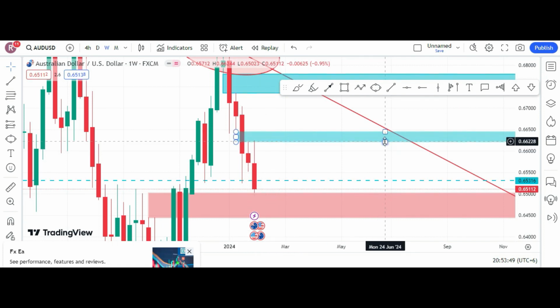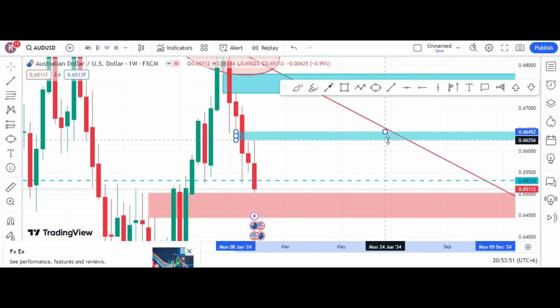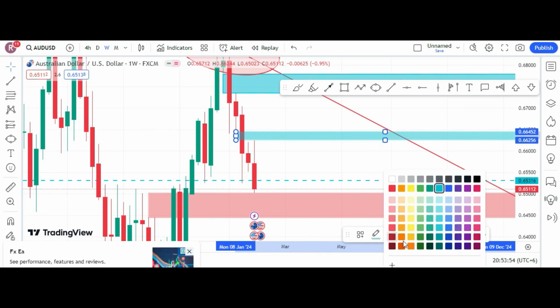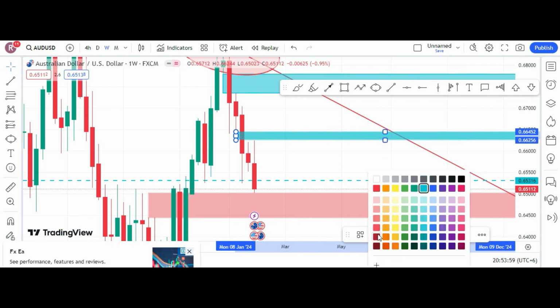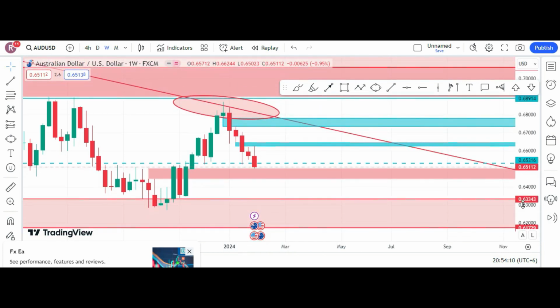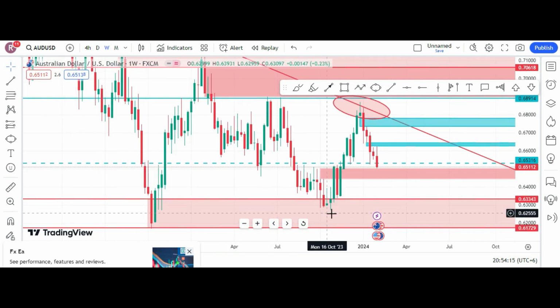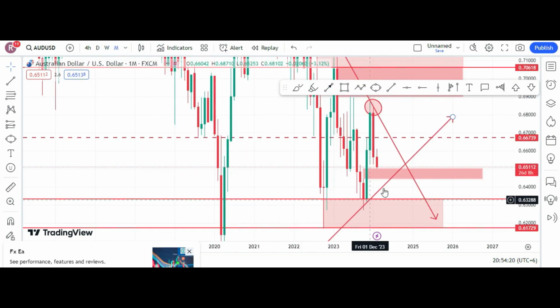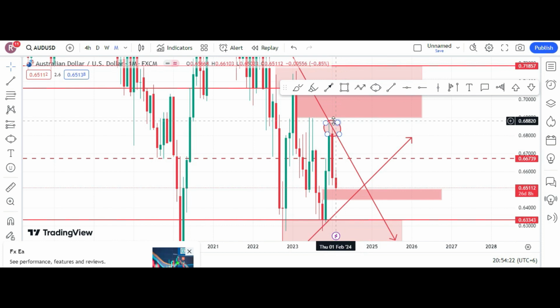This area has never been tapped when the market came down to the current position, and this area needs to be addressed also. I don't know why, but you guys see there is no imbalance, a little bit of imbalance here, but not considering this double top and the double bottom of the monthly, this double bottom and this double top in weekly,